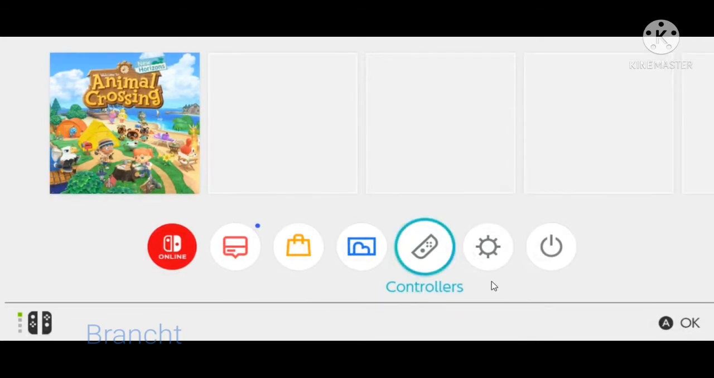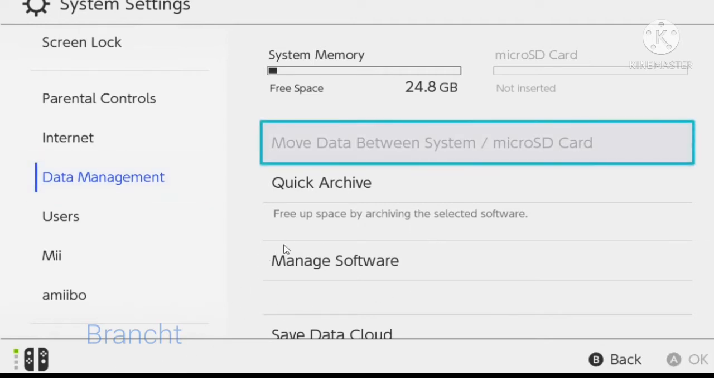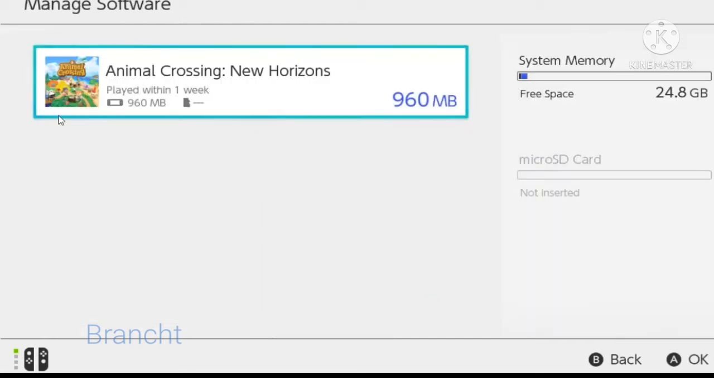So we're gonna head over to System Settings, click on that. Go to Data Management, and from here we can see System Memory, SD card, and so on. You would like to select Manage Software. Click on that. And now this is a game that I would like to delete, so click on A